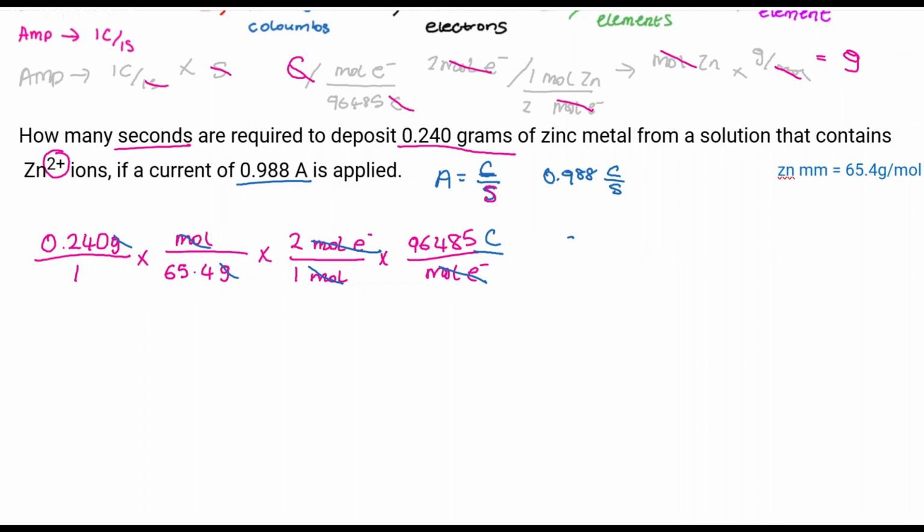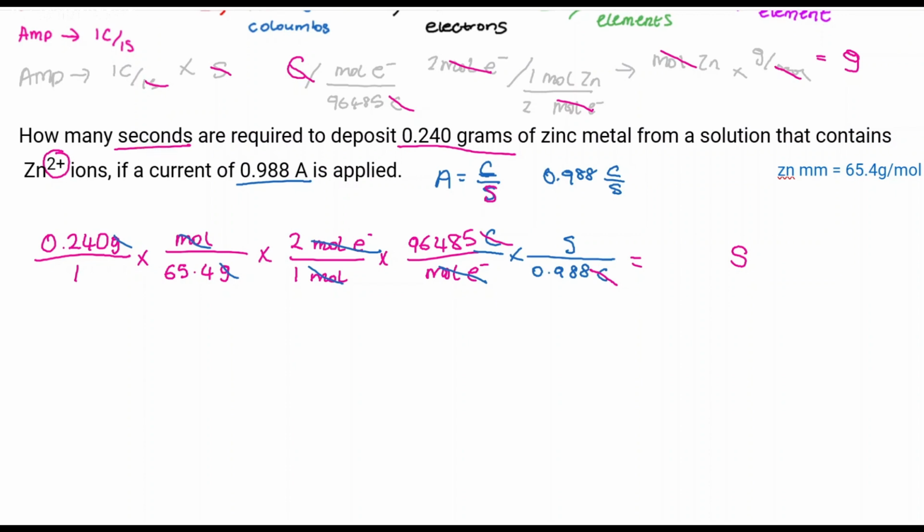And when we put the seconds at the top, that means it becomes a division, but we're all multiplying it. So we just flip it and it becomes 0.988 coulombs. And now this is the desired equation because the coulombs cancel out and you're left with just seconds. So whatever answer you get at the end is going to be seconds, which is what the answer is asking